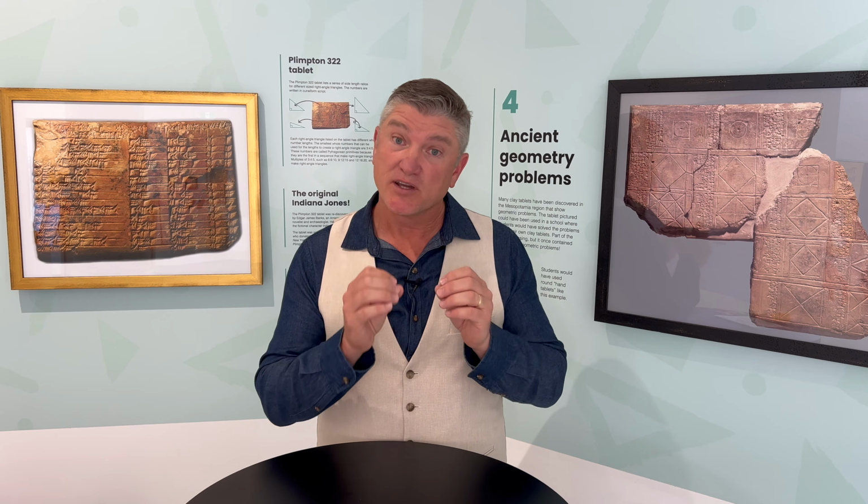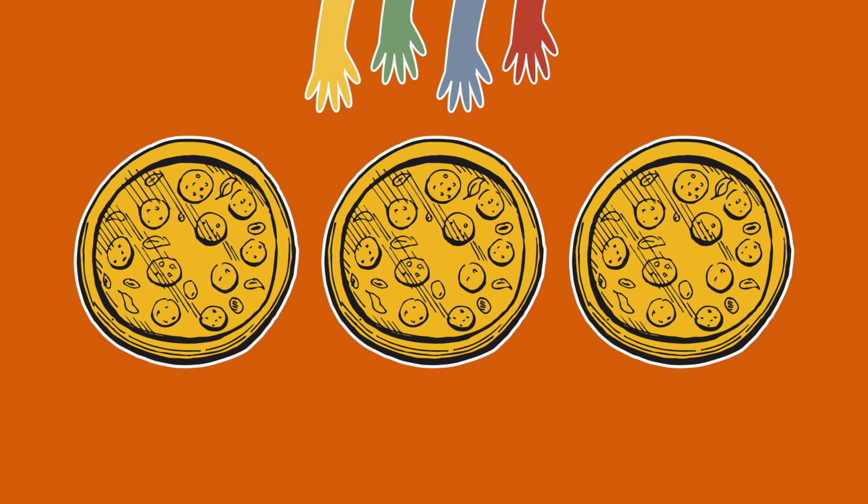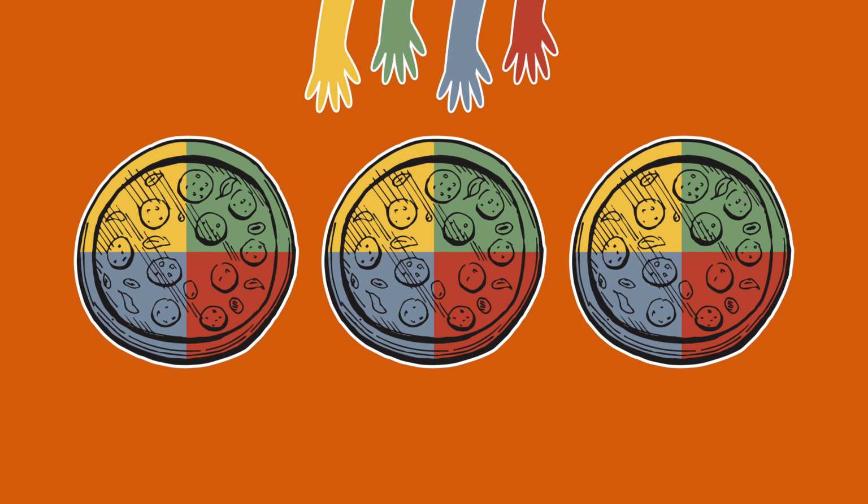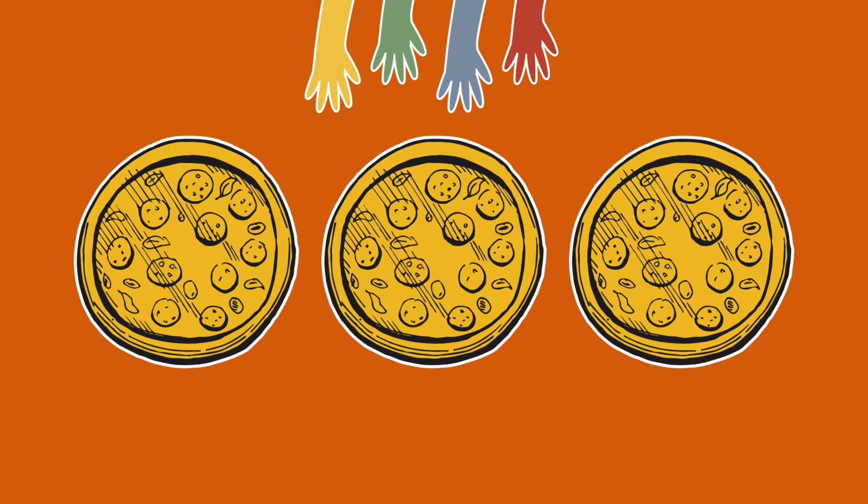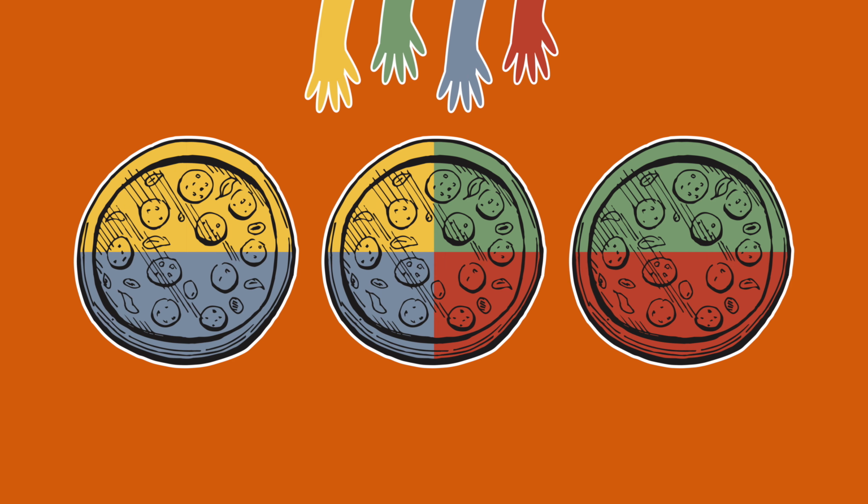Finally, let's look at fractions as quotients. Suppose you want to share these 3 pizzas among 4 people. How much pizza does each person get? Now there are many ways to figure this out. We could divide each into fourths, and we'll see each share is 3 of those fourths. We could pretend 3 pizzas as one whole and simply divide that into 4 equal parts. We can then see each share as